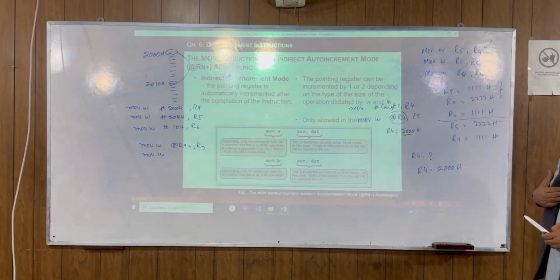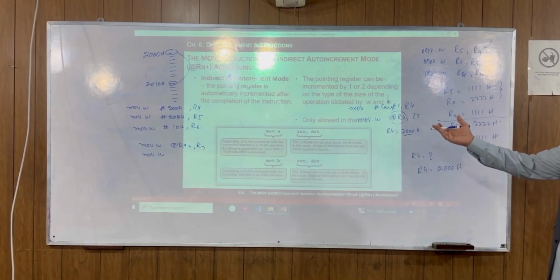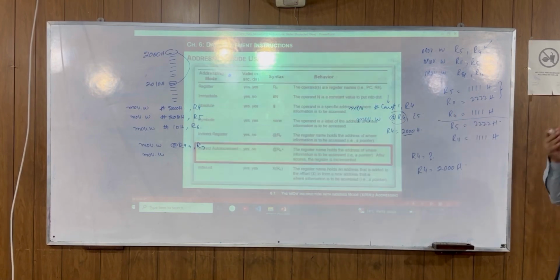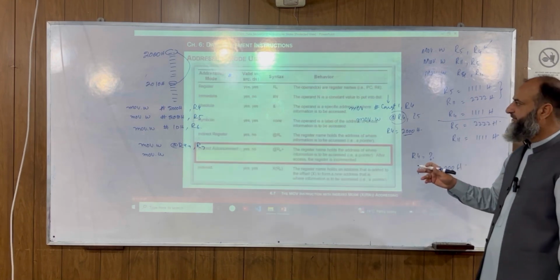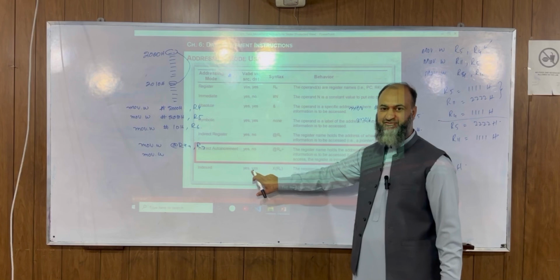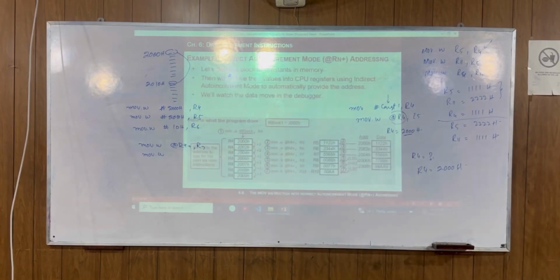So the pointing register is automatically incremented after completion of the instruction. ठीक है, वो आपको ऑटो इंक्रीमेंट के बारे में बता रहे हैं. ठीक है, वही जो मैं आपको बता दिया. Next one, and we have the index addressing, इसका फिर डेस्टिनेशन भी है. ठीक है, so we will use this in our program.